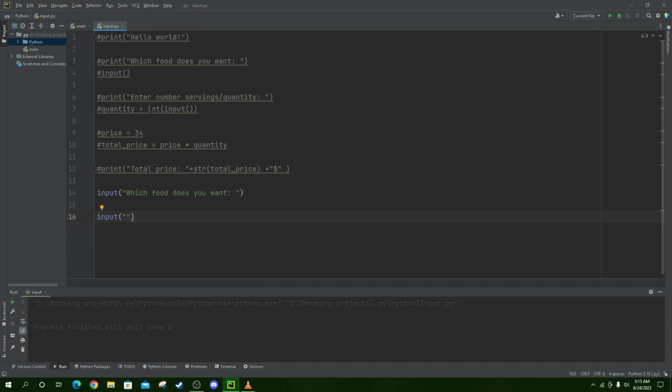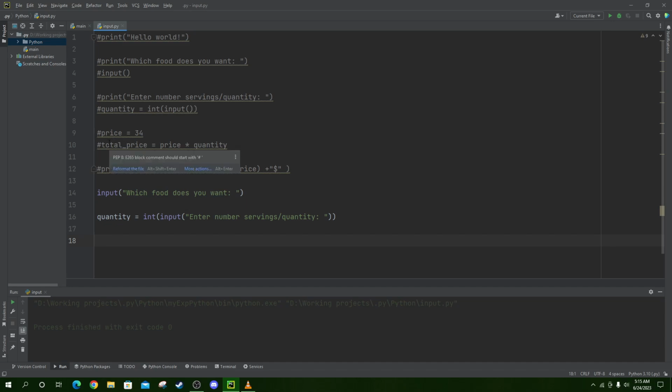And be sure to assign it to the quantity variable, otherwise it won't work. And be sure to convert the value we get to an integer by using int like this, and then